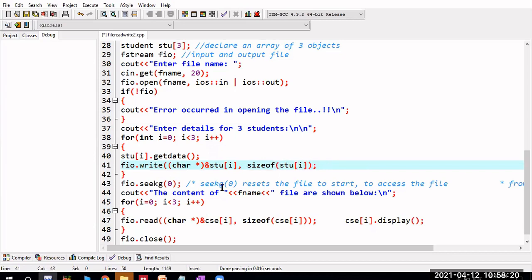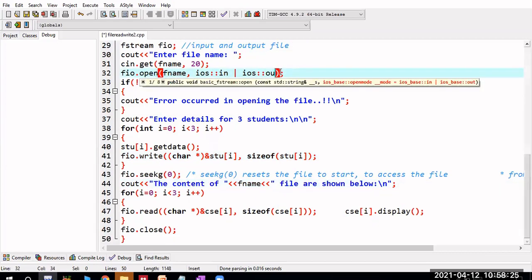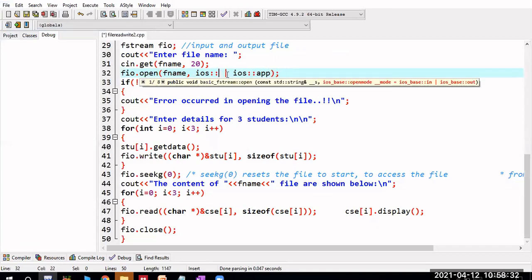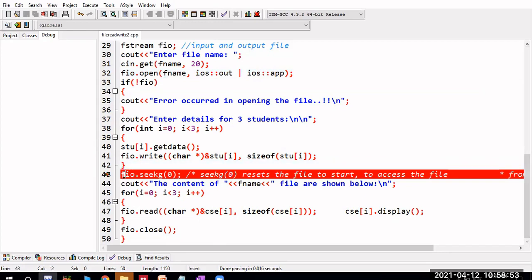So I have written the first student's details, and because I am using output mode, it will add the data only in this. I have to use out actually. Here I have to use this out mode, because I am writing the data, so I opened it in output. If the file is used in append mode, then after adding the first student's details, the second student's details, then the third student's details are added, and after adding all 3 students' details, the file pointer will be at the end of the file. Once it is at the end of the file, I need to bring it back to the start, so I will use this statement